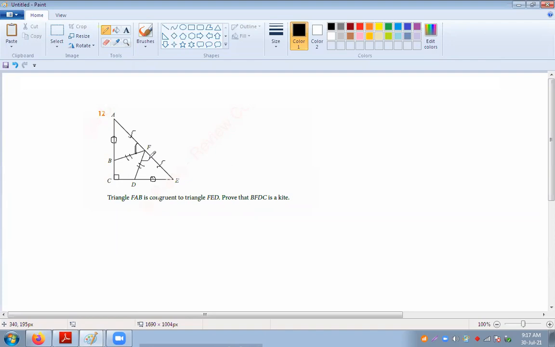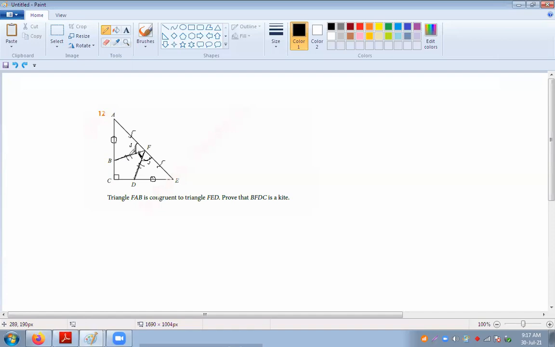This angle is equal to this angle because they're congruent. Therefore, if those two angles are equal, we will get this angle. Whatever angles we get, those are also equal, as this side and this side are equal. So definitely this angle will be equal to this angle. Why? Because of...